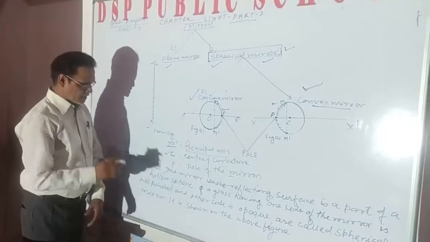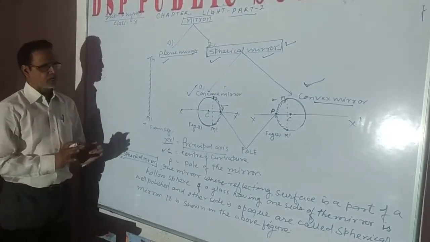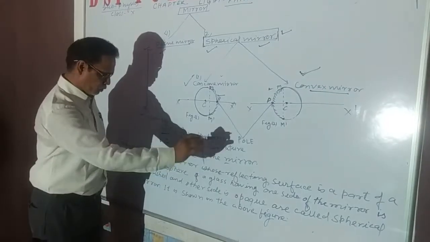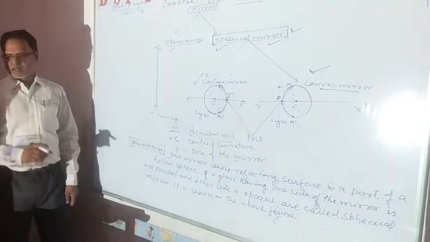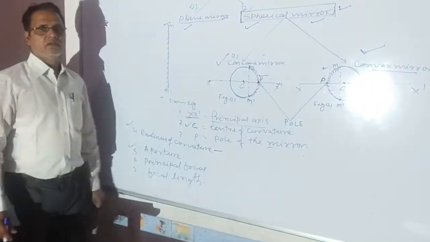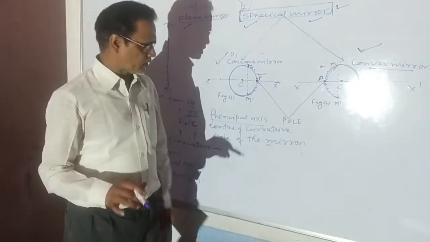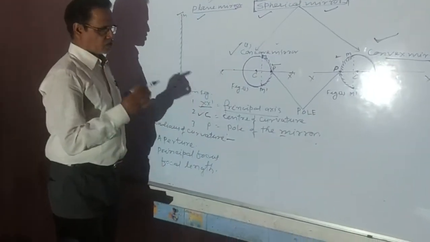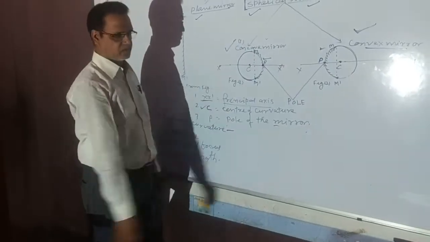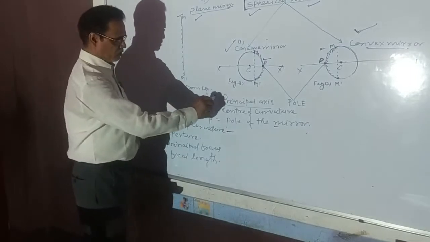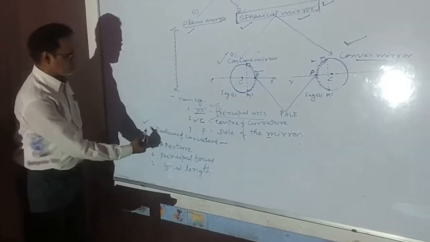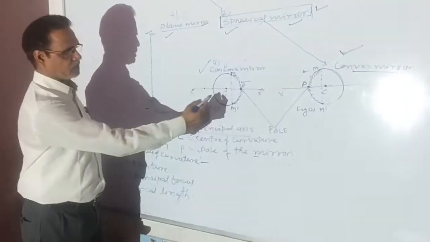ठीक है. तो लेट अस नो सम डेफिनेशन बेस्ड ऑन अ स्फेरिकल मिरर. तो प्रिंसिपल एक्सिस, सेंटर ऑफ कर्वेचर, पोल. अब नेक्स्ट थिंग है रेडियस ऑफ कर्वेचर. Okay, dear students, let us define some important definitions based on a spherical mirror. You would have understood about principal axis, center of curvature and pole. Now radius of curvature. तो radius of curvature क्या होता है?